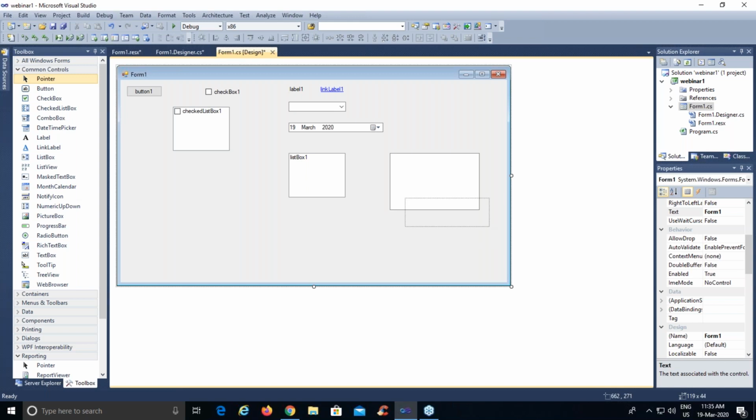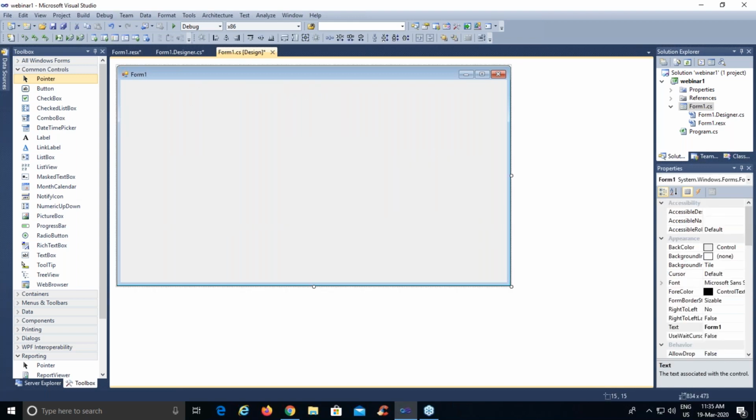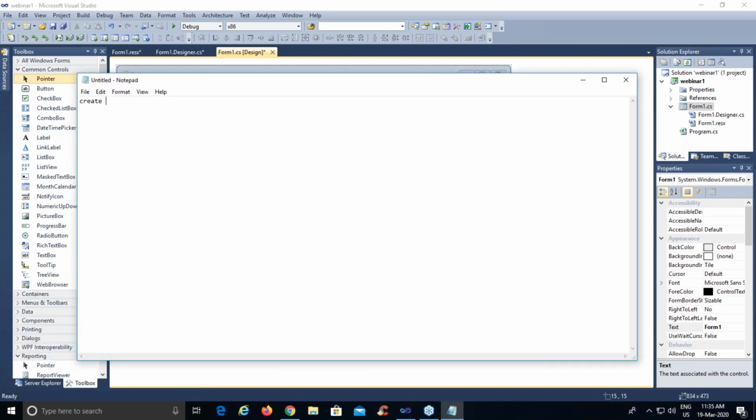Right. So moving on to our application level. What I want to build is this. Let us say I want to create a GUI where you take input for students' records, and I want to insert all those records in a database. This is the first application that we are going to work on right now.